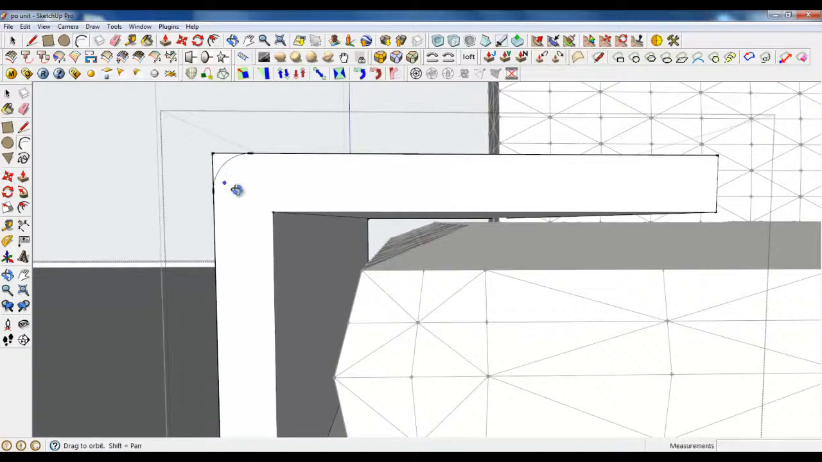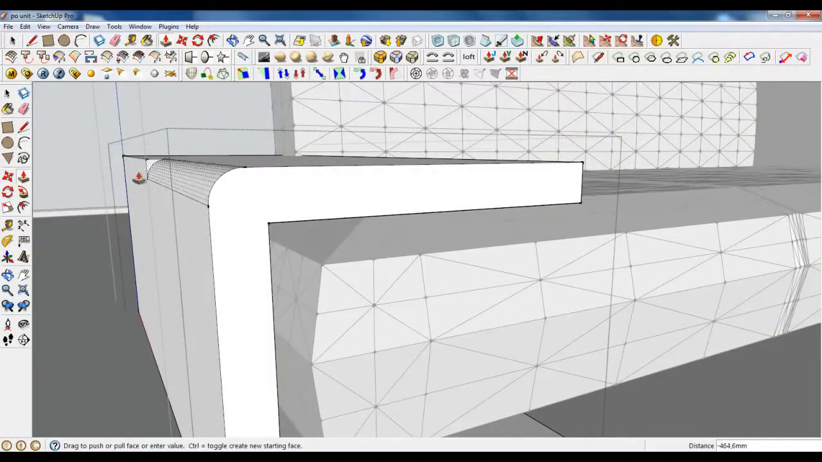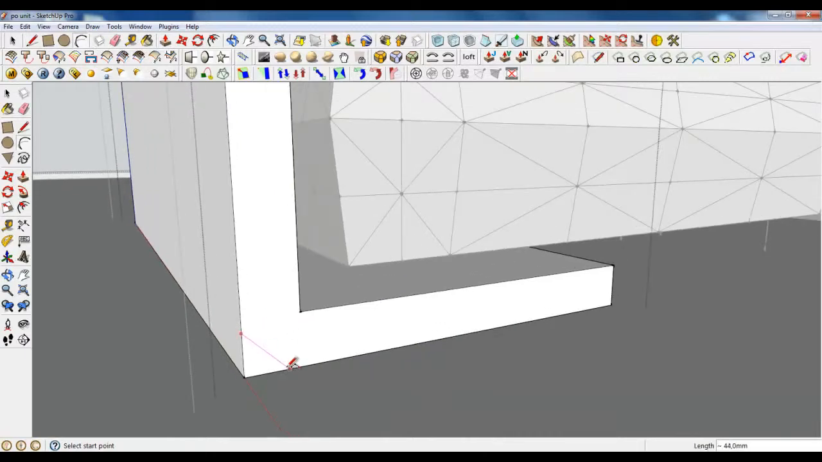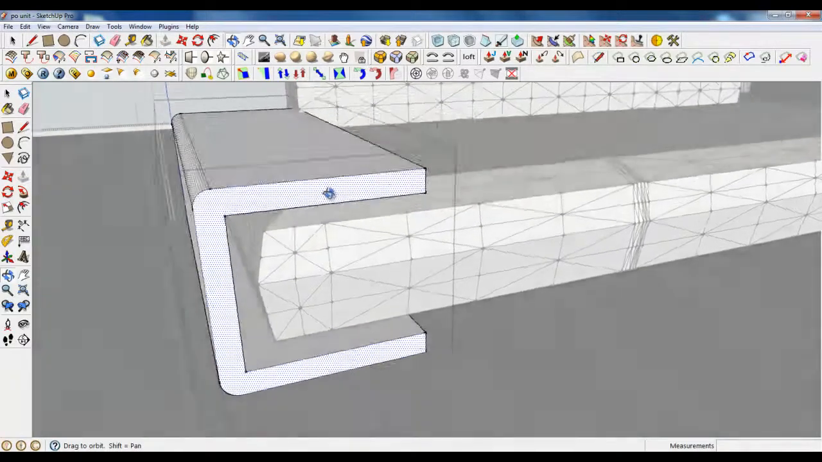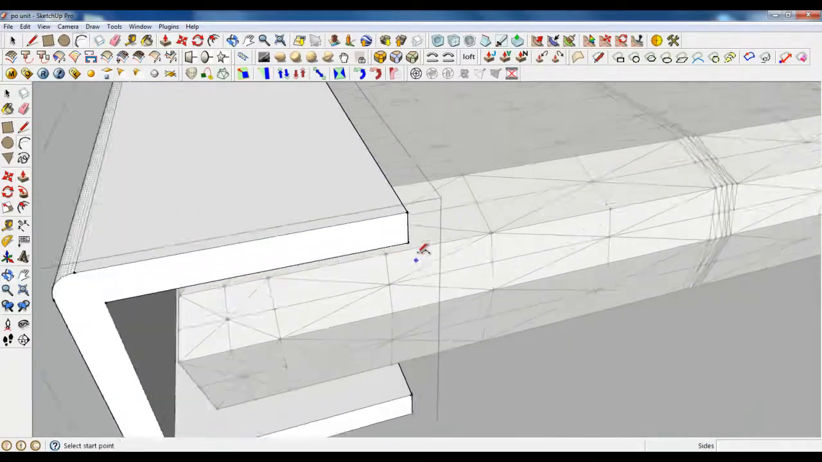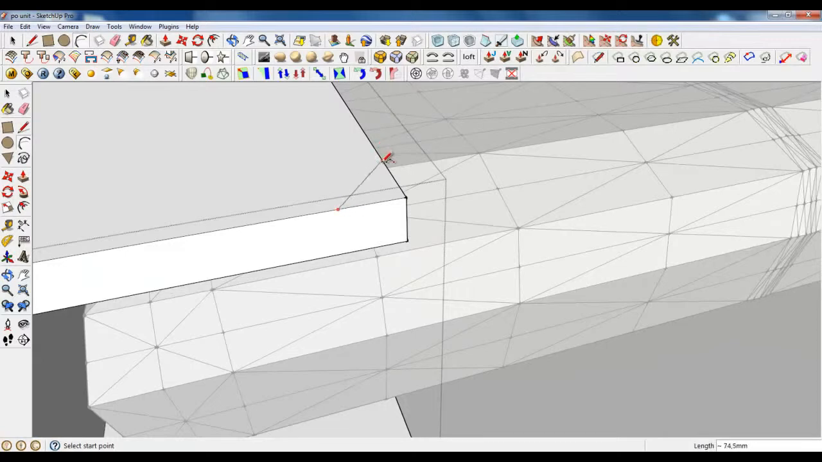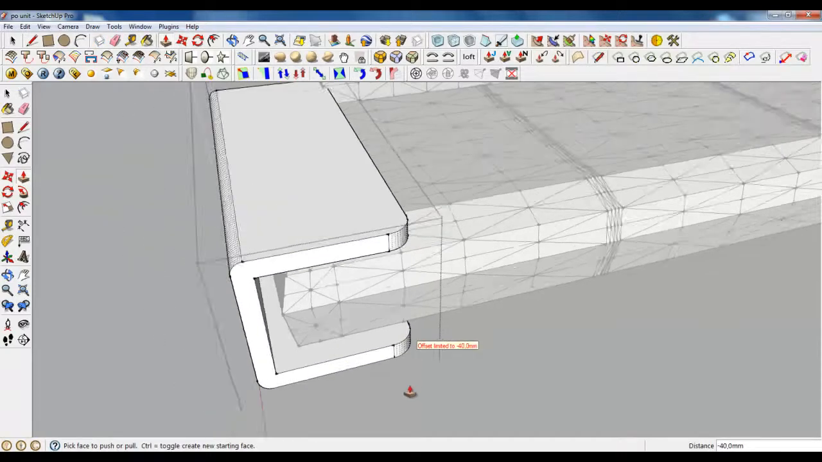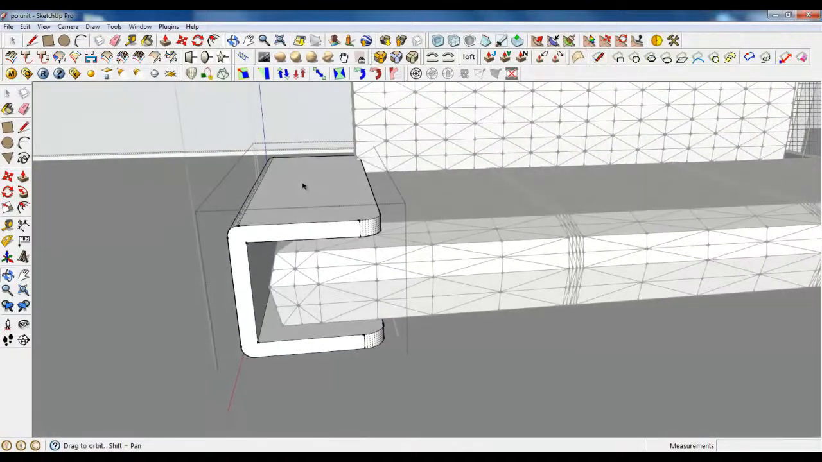Arc tool, this edge, and also this. Maybe we should round also these edges. Copy and push it. So we have